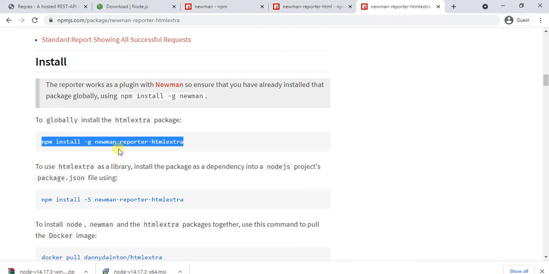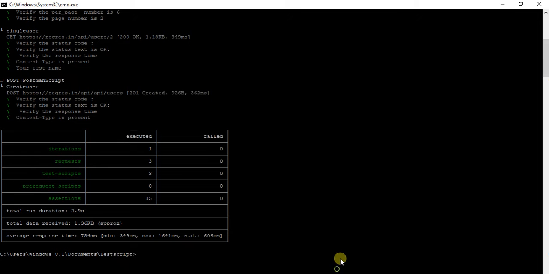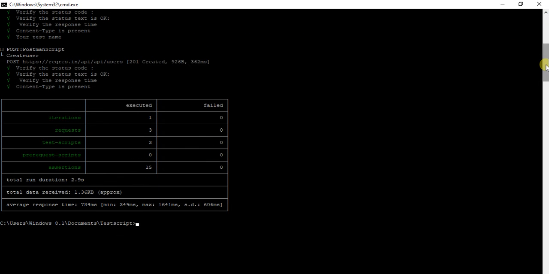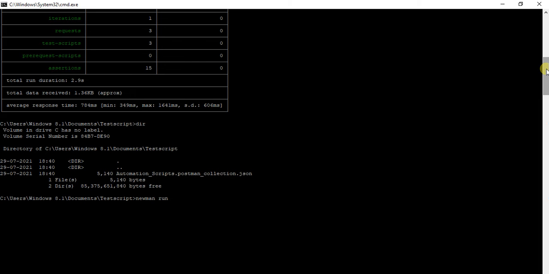Once it is installed, let me go to the folder I have created. Let me close this. So here I will give newman run, then the collection name which is exported from Postman.